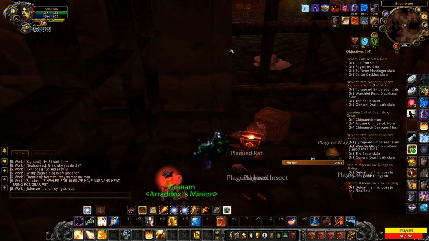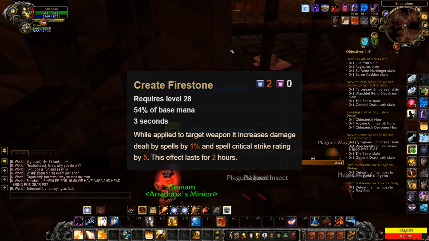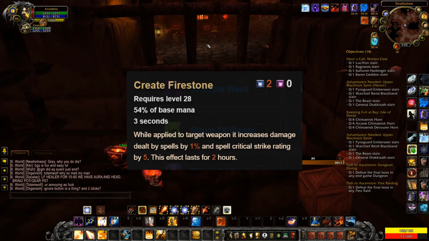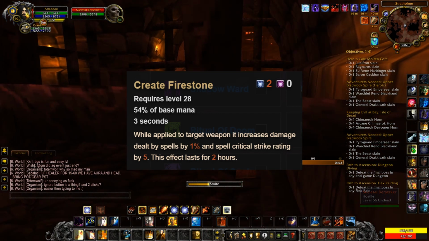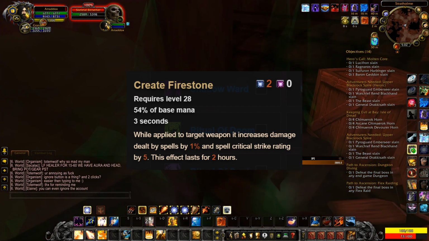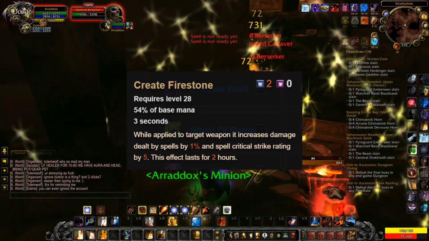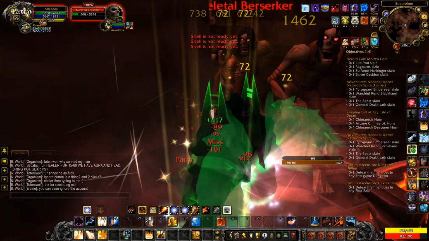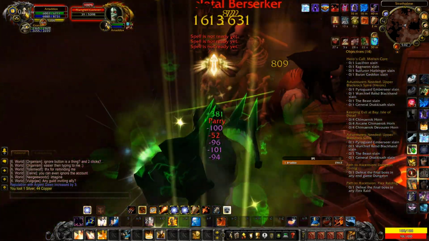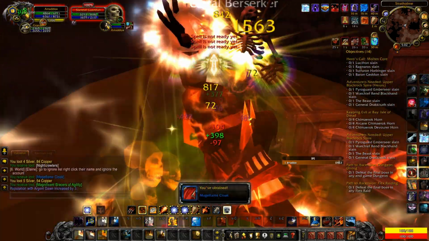The next one is Firestone. Firestone requires a soul shard generator, so it's a little harder to get. It's also blue. These are all blue spells, with the exception of one that I'll get into in a second. But Firestone increases your crit rating and increases your spell damage by a little bit. This one's really good. This is actually the one that I use. It's really good for crit-based builds, so things like the Soulfire build, the Consumed by Fire build, Twilight Paragon, stuff